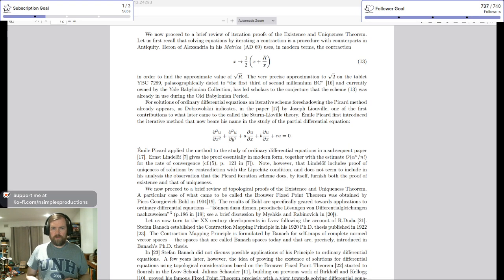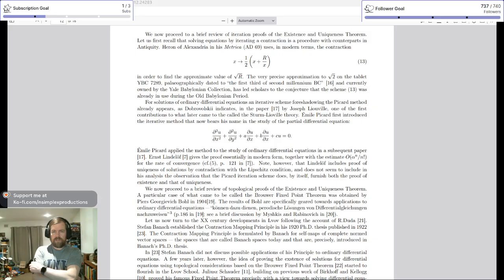For solutions of ordinary differential equations, an iterative scheme foreshadowing the Picard method already appears. Dobrovolsky indicates in the paper 17 by Joseph Liouville, one of the first contributions to what became later known as the Sturm-Liouville theory, misprint there. Émile Picard first introduced the iterative method that now bears his name in the study of